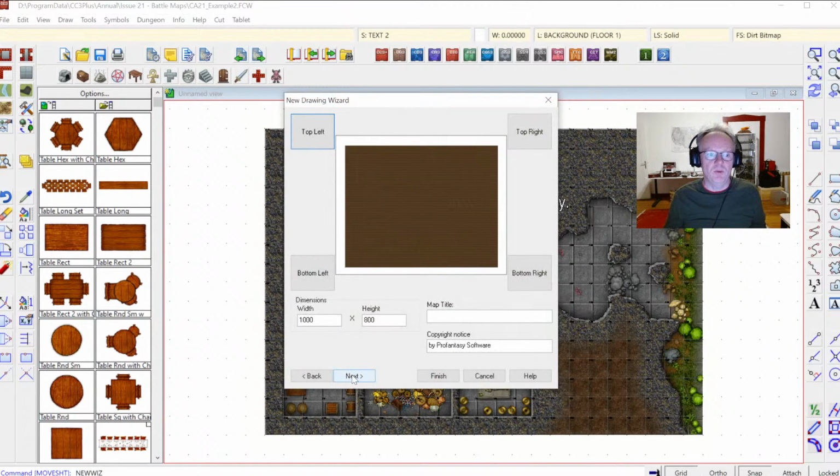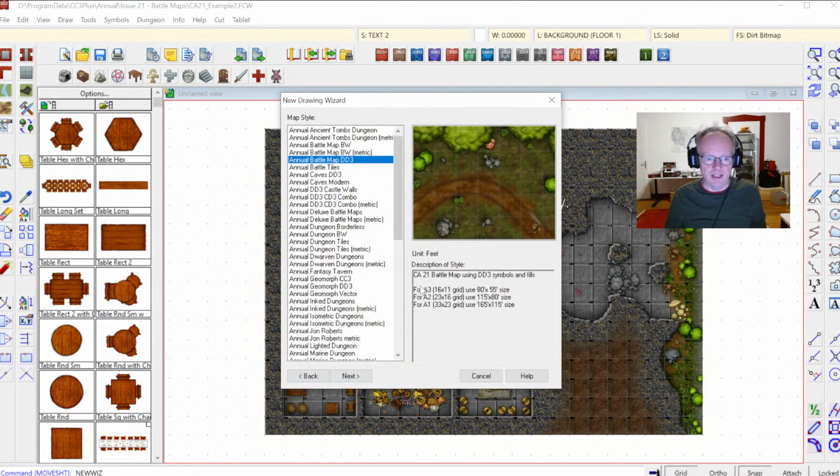Okay, and here we are. Let's first take a look at the description here. It does have some useful notes for our specific one, because it lists some standard sizes that you might want to use. The default scaling for battle maps from Dungeons and Dragons and similar role-playing games is nowadays an inch